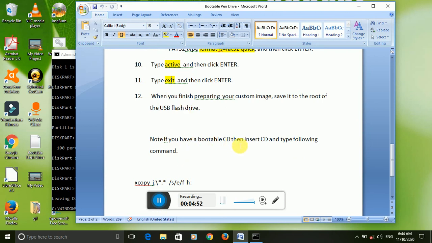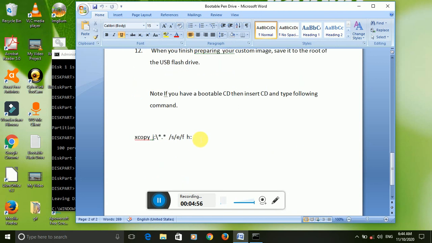Note, if you have a bootable CD, then insert the CD and type the following command: xcopy j:\*.* /s/e/f h: